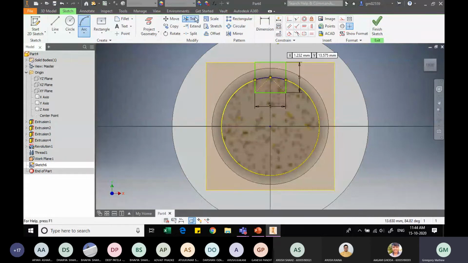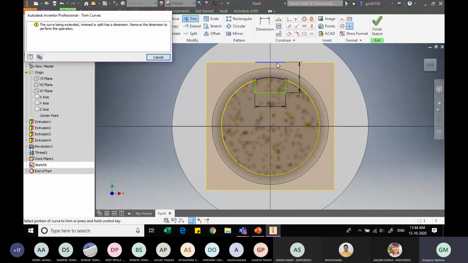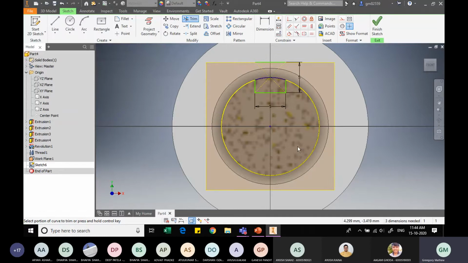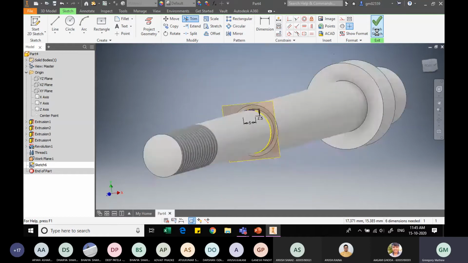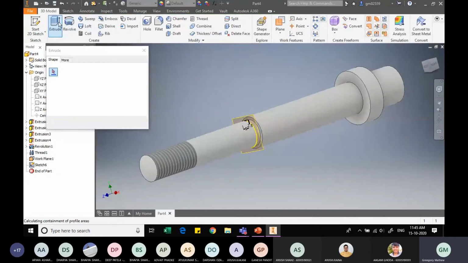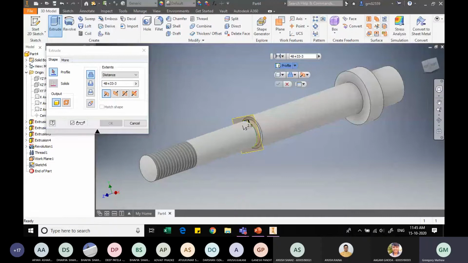And let me trim away the remaining unrequired portion, that is this portion. I will remove this portion, and I need to trim away this portion, but I cannot delete it because I have already given a dimension. So first I will remove this dimension which I had specified, and then I will specify the dimension between this point and this face here to be 2.5. So this is okay. And then let me trim away the other face which was pending. Yeah. So now I can finish my sketch, and then I will extrude that face which I had. So I am unable to see that face, so let me zoom in.